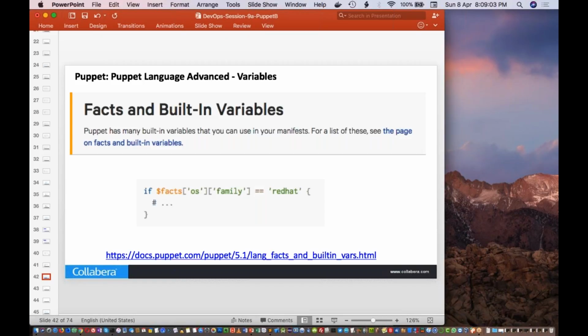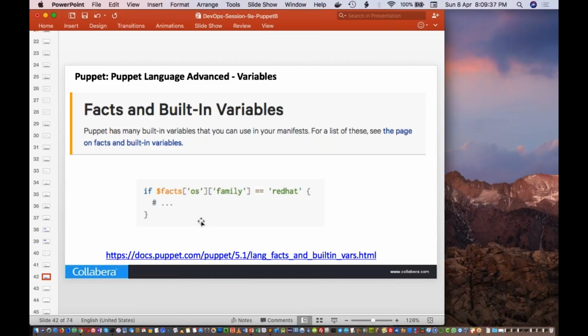Okay, and when you use facts, it has got built-in variables also, like these fact variables that are collected by this factor. Those values you'll be able to use in your manifest as well. Inside your pp file, you'll be able to use that as well. For that, what you have to do is you have to use the variable dollar facts. So dollar facts will have the fact of each and every node, or whenever that node is executed, at that time the fact of that particular node will be available inside this particular facts variable.